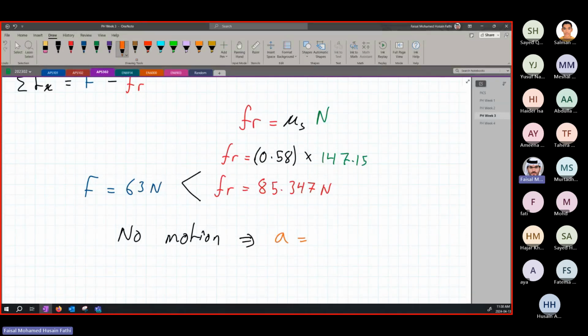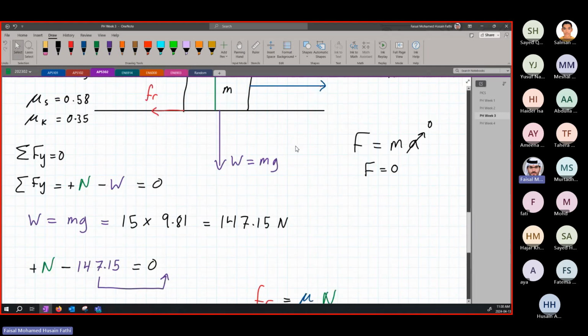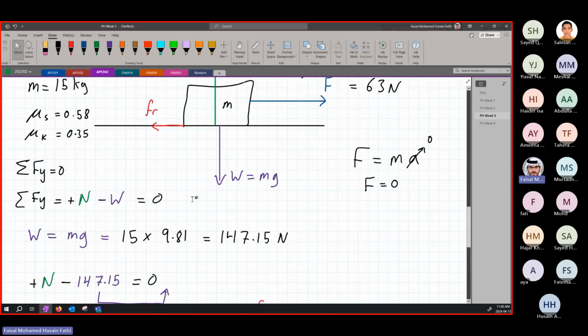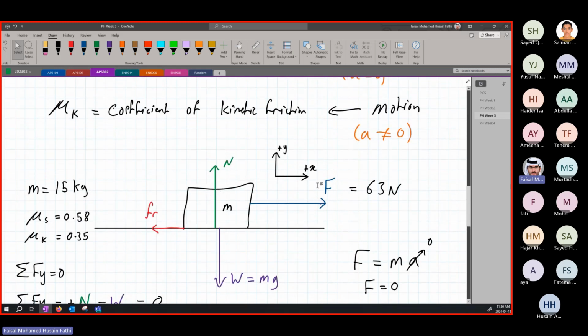A is equal to 0. This means this force is not moving the object because the friction force is too high. And this friction force depends on the weight of the object because of the normal force. And it depends on the coefficient of the surface that you are dealing with. So this is how you will determine whether or not this friction force is causing